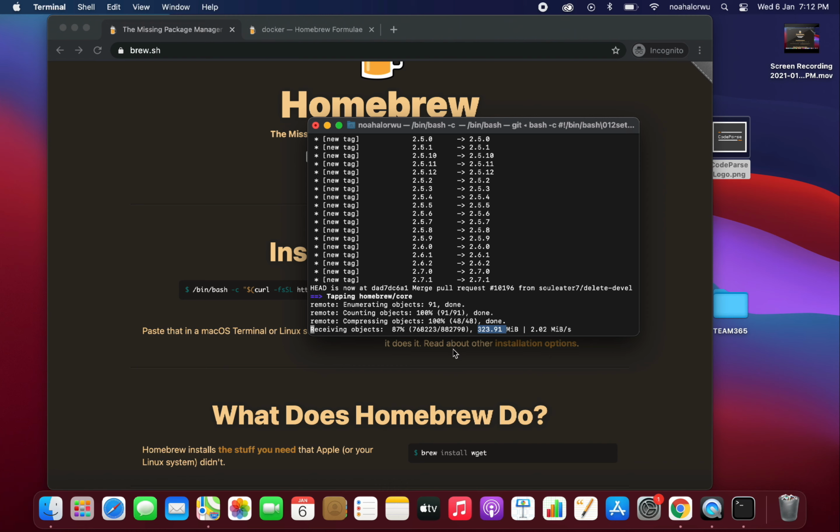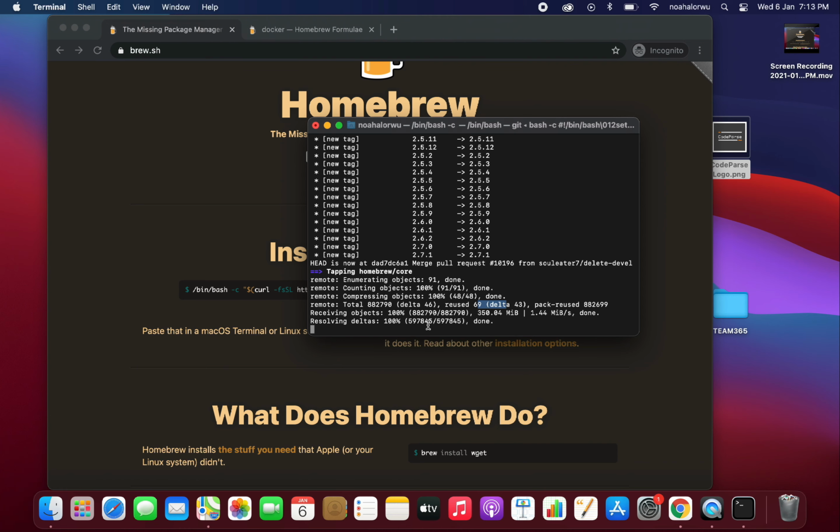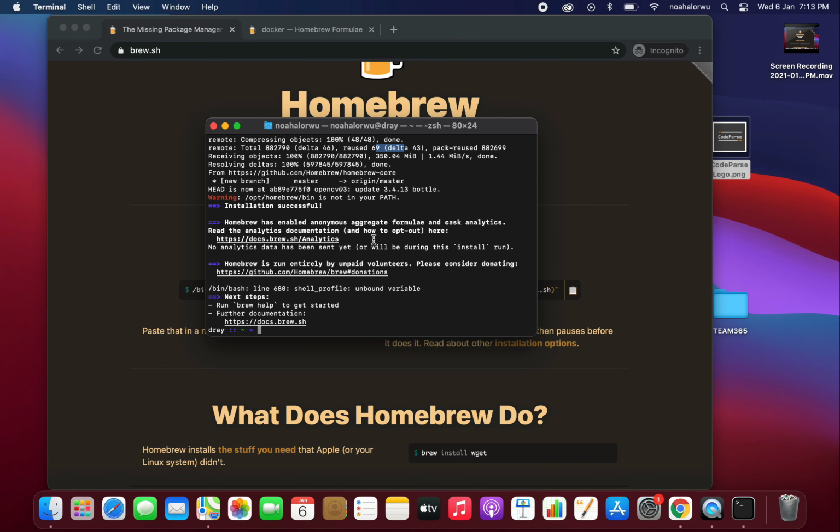So after this download, you should be able to install Homebrew on the machine, and then we move on to the next step. Awesome. So we are done with that, and it's left with the final part, and then we are good to go. You can see at the top over here, it's actually pulling from Git and then performing some magic at the moment. Perfect. All right, so the installation is successful, but then you can see that we are having a